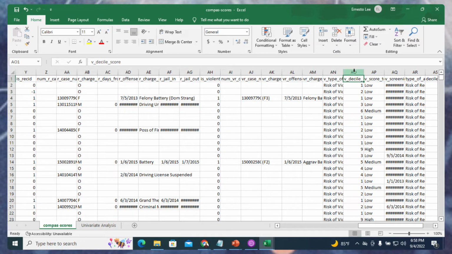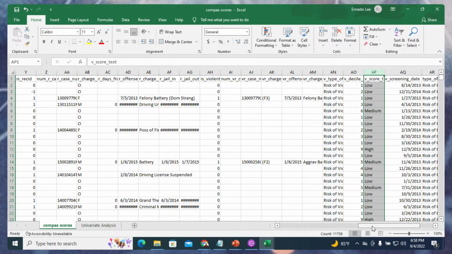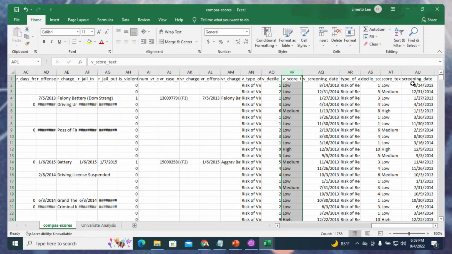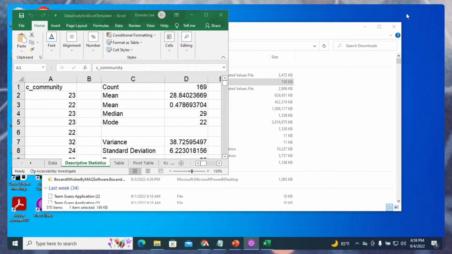And this is their violence decile score. Not their decile score, but their violence decile score. And that's the violence decile score text. All right, so that's what this is right here. This is data on people that were arrested in Broward County and features around the people that were arrested in